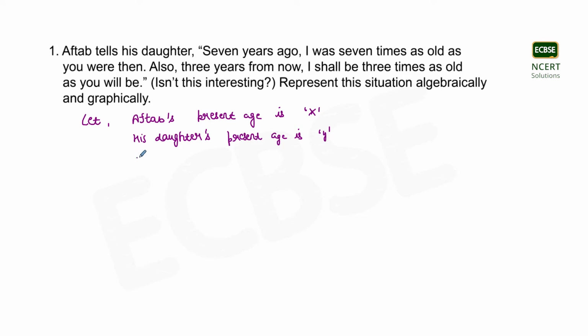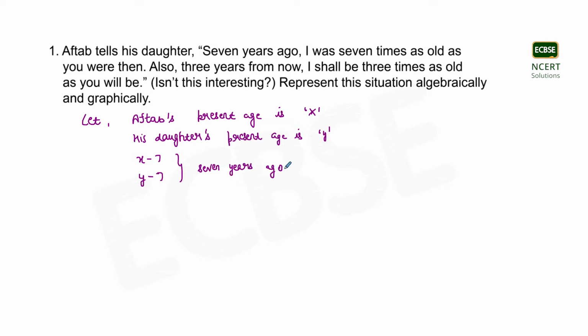So Aftab's age 7 years ago will be X minus 7, that is present age minus 7, and Aftab's daughter's age will be Y minus 7, that is daughter's present age minus 7. So this is the age of 7 years ago,